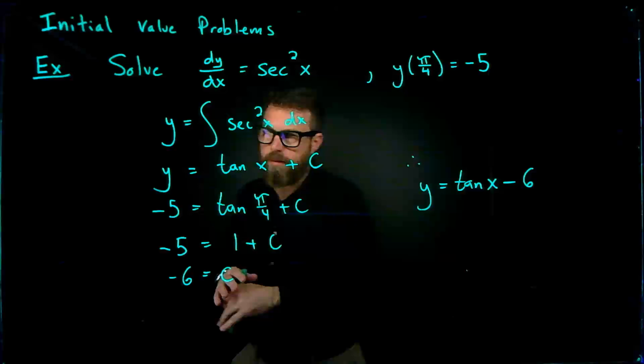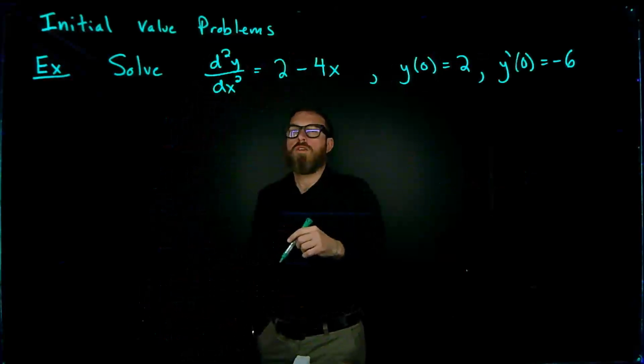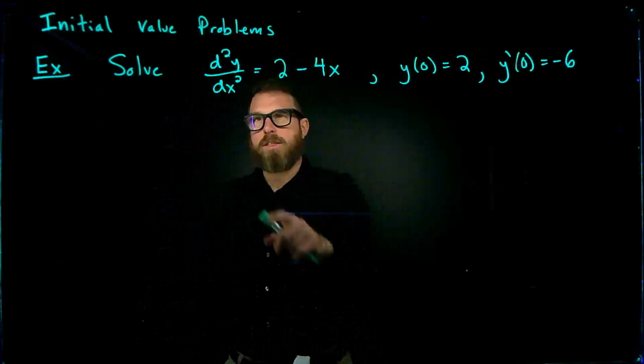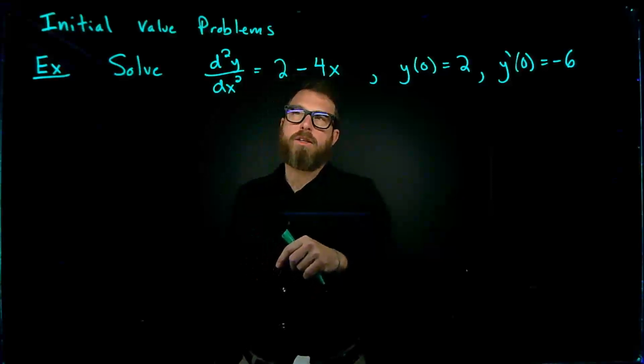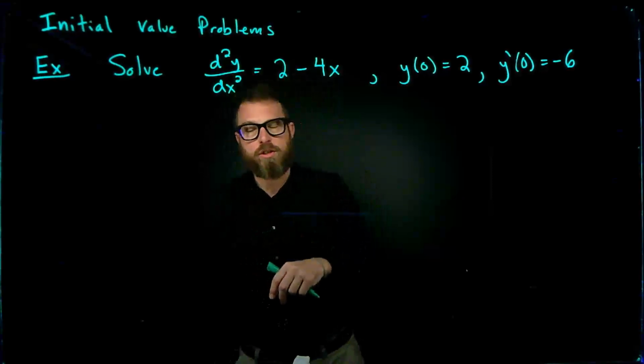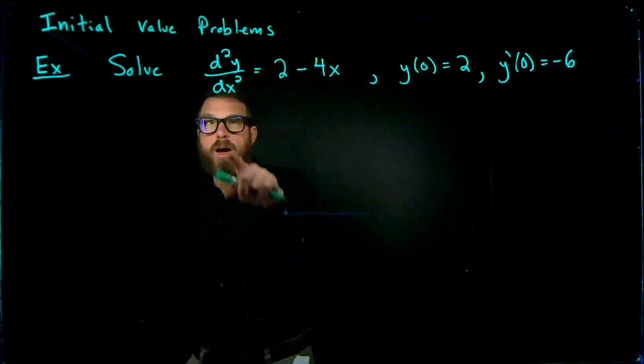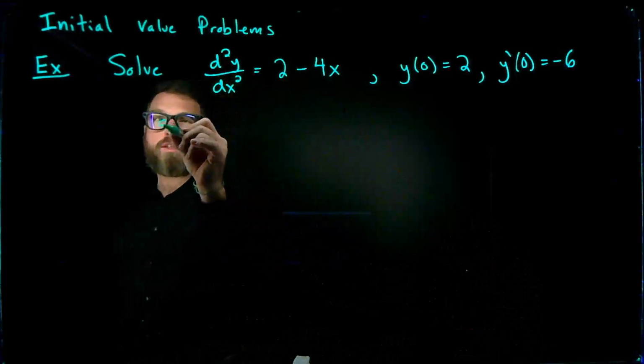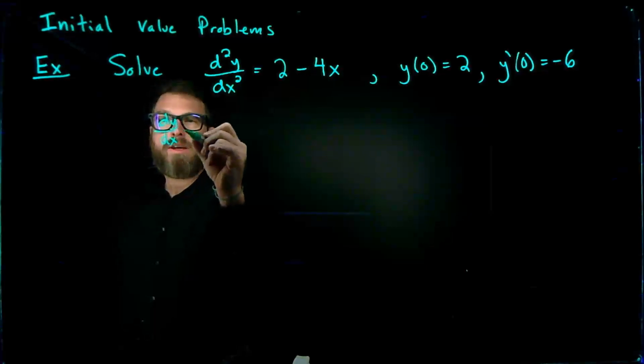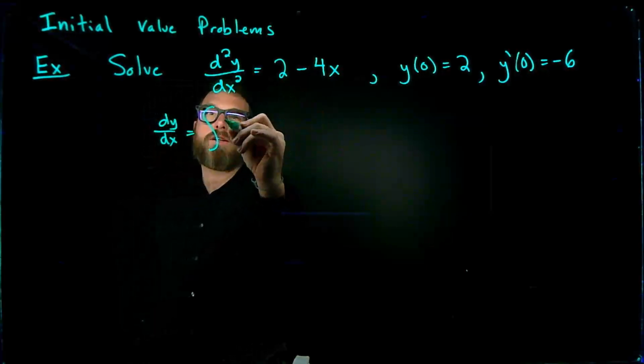One more, that'll be it. That'll be a second order. So the next one we're doing is, I'm giving you a second derivative equal to this function. So what we're going to see is we're just going to have to iterate this method twice. If I'm given a second derivative, I know that its first derivative is going to be the antiderivative of the second derivative